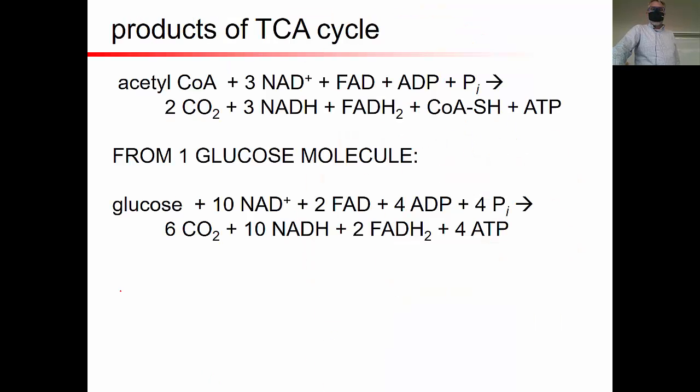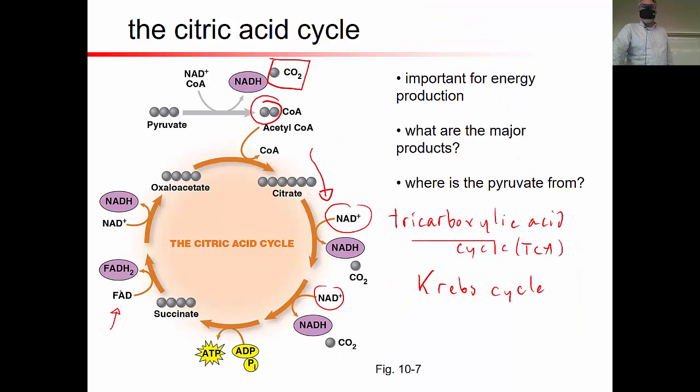And then lastly, this is what we end up getting when we start with a glucose and we take it through to the end of the TCA cycle. So we have a problem now in that for this process to occur,